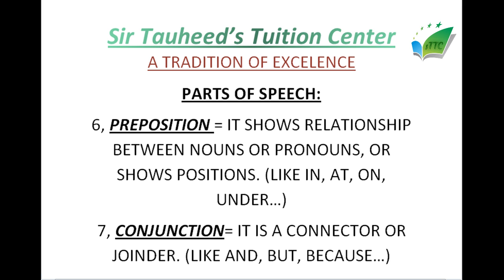Okay, so moving forward, there is another one that is called conjunction. Conjunction is a connector, or we could also say that they are joiners. They join two words or two different clauses or sentences. The words of conjunctions are like and, but, because, if, since, and there are many more. But here I have mentioned just 3 ones. They are quite familiar to everyone.